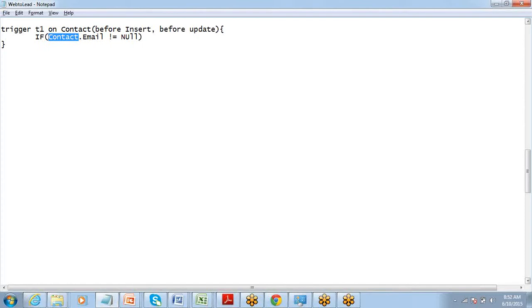The logic is correct. The way you are going is actually correct, and I am pretty sure everyone else is thinking on the same lines. But there's a small disconnect, right? I actually want you to spend some time thinking about it. Anyone who can suggest what I do next? So his logic is absolutely correct. What he wants to do is just go and check whether email is null or not. But how do I give the reference to that email? Which email am I talking about?